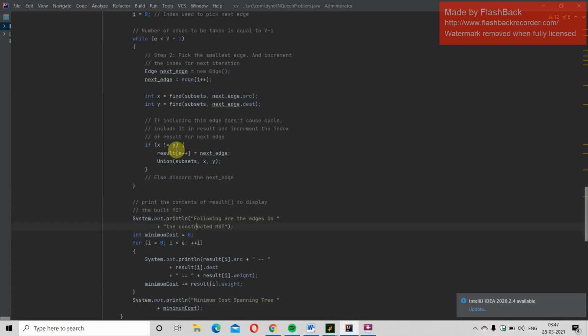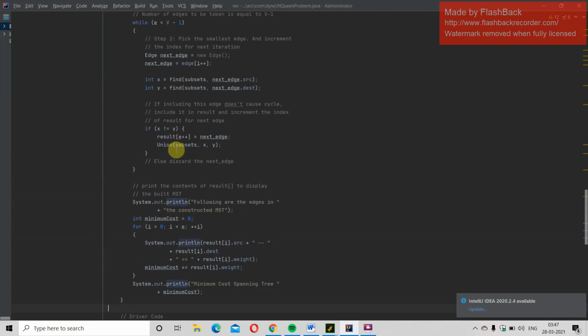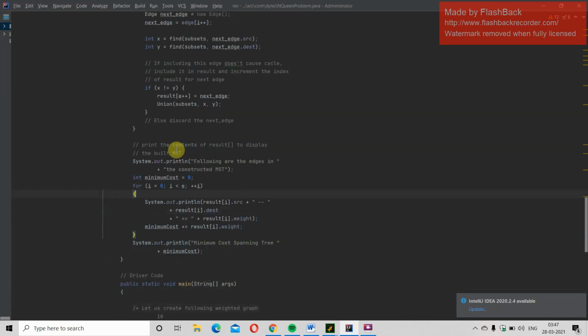Now print the contents of the result to display: the following edges are constructed in the MST. Now integer minimum cost is set to 0. Iterate through the loop using the base condition i is less than e and setting i as 0. Now print the result of i dot src, result of i dot dest and result of i dot weight.